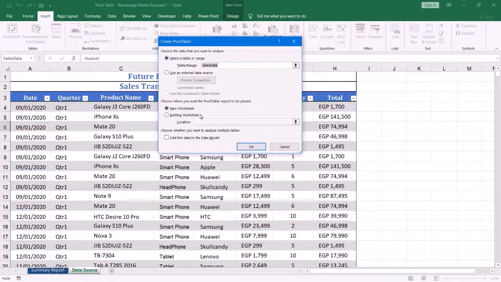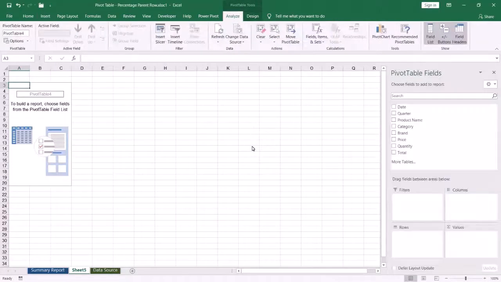Then I want to create the pivot table in a new worksheet, so I select New Worksheet, and this is the default option, then press OK. Now Excel creates a new worksheet for our pivot table.